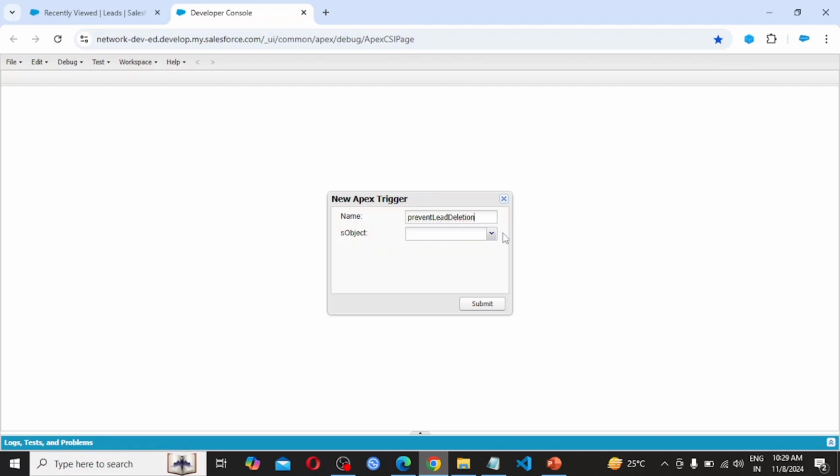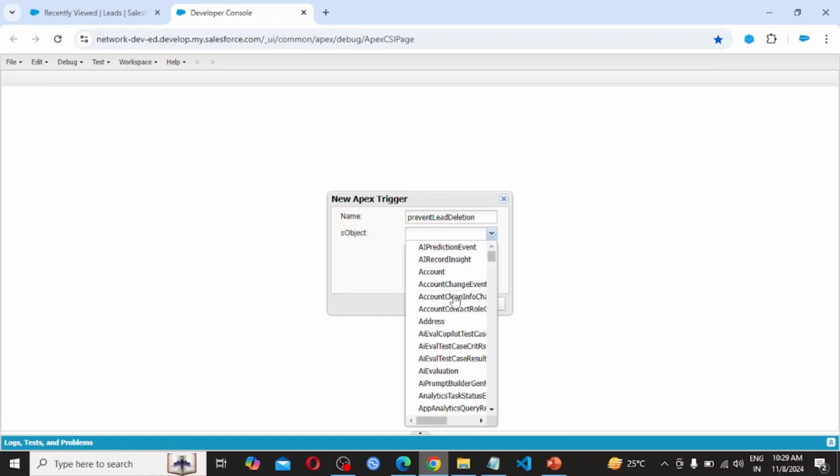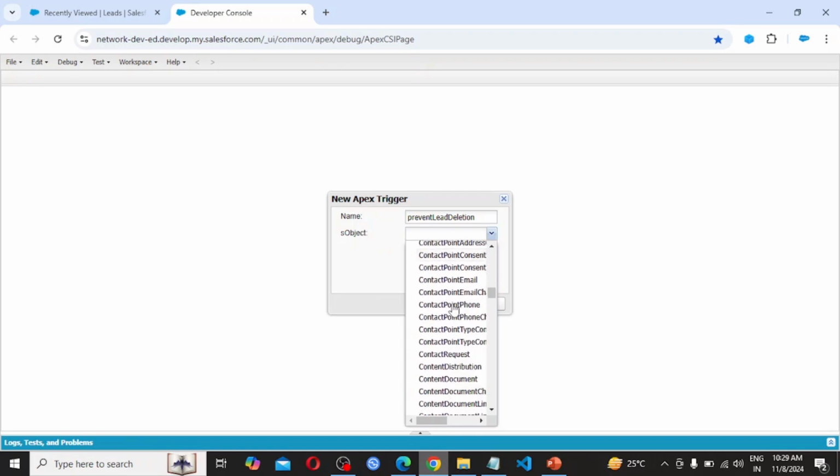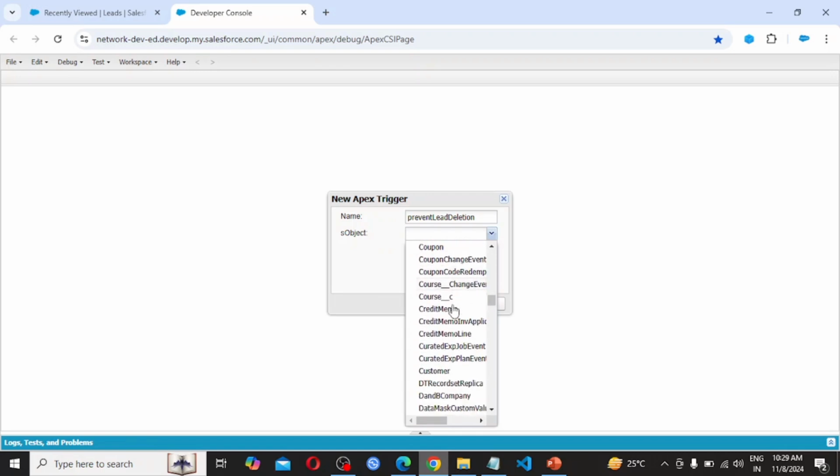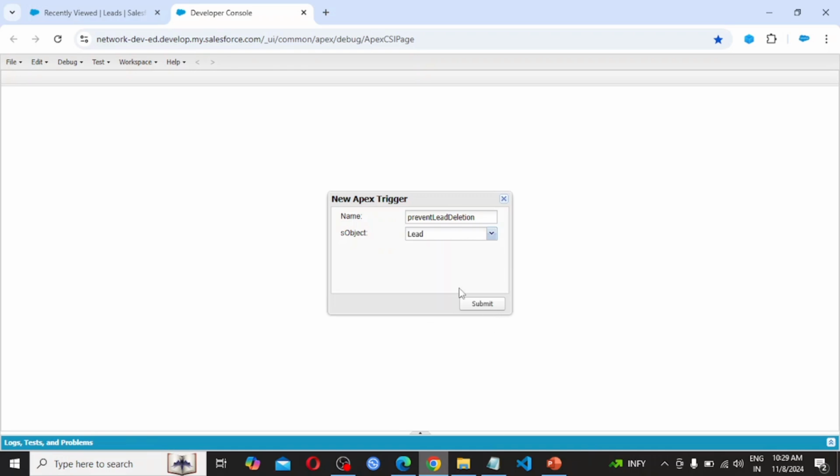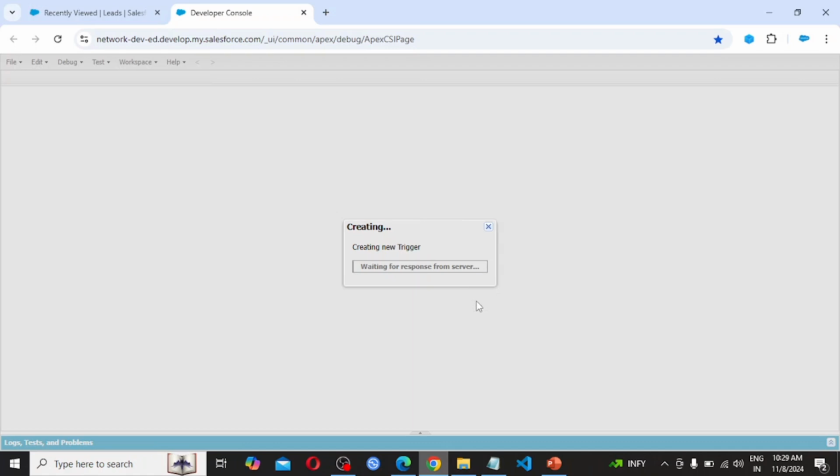On which object do we have to write the trigger? Let's choose the lead object, as we are writing for lead deletion. Select this and hit the Submit button.